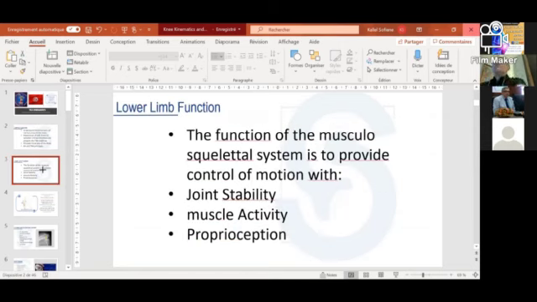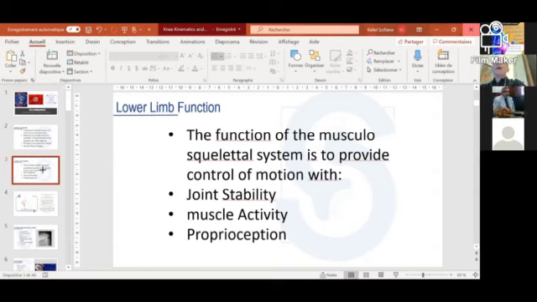We have just to remind you that the function of the musculoskeletal system is to provide control of motion with joint stability, muscle activity, and proprioception. These are 3 elements which are the most important for the stability of any joint. It should be stable. We should have good muscle activity, and the interaction between the stability and the muscle activity,